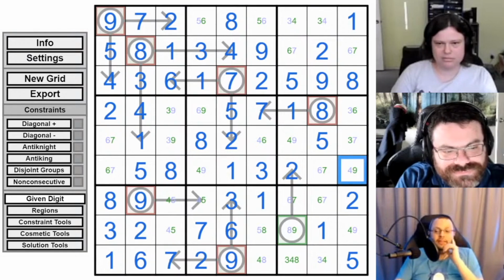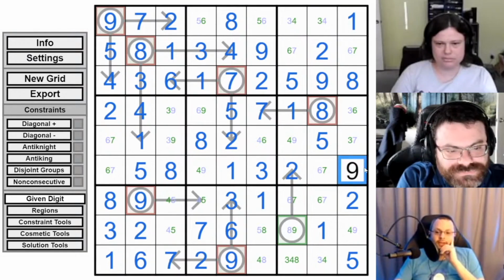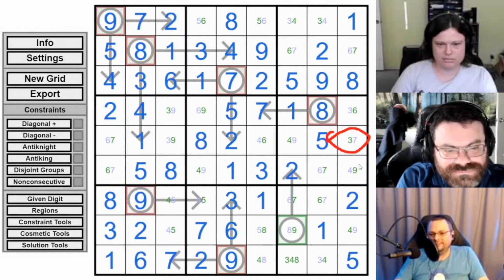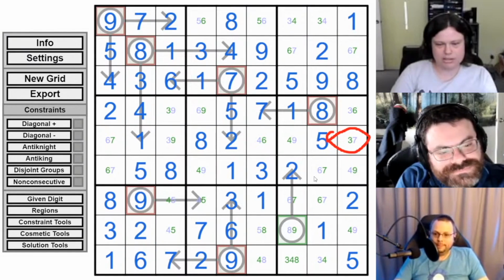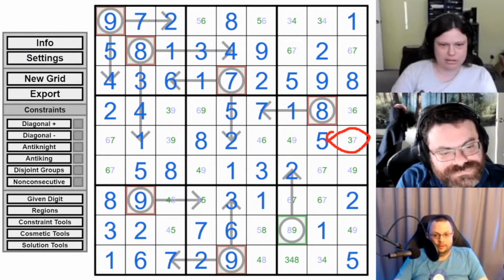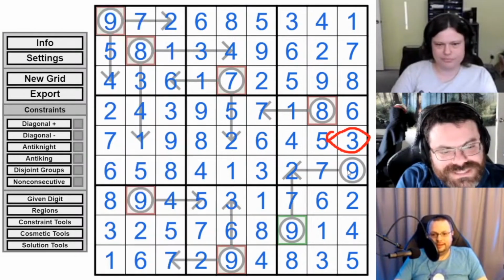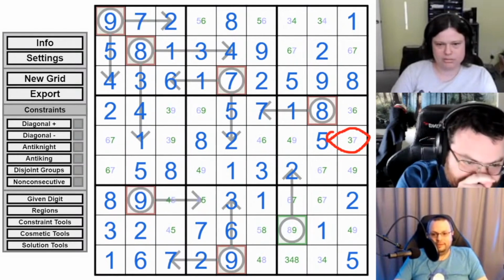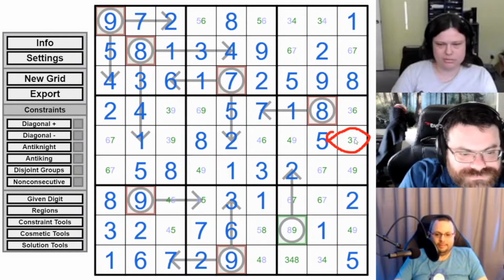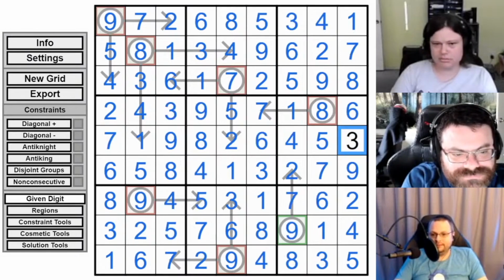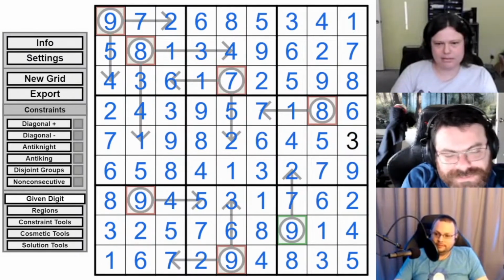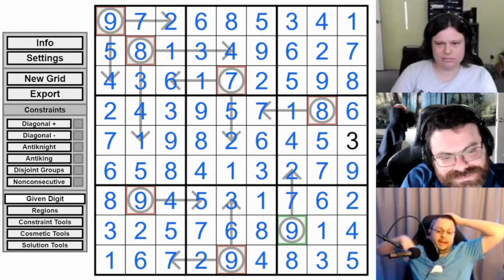I mean, just giving the 3 over here is tempting to me in terms of aesthetics, just to make it look balanced with the given digit. And I wonder, that doesn't seem to give you much else in terms of earlier in the solve. It doesn't affect any of the arrows. I think you're not going to get an overlap. Yeah, if you make that a given digit, I'd be interested to test solve it and see what that does. Oh, you just want to give it? Yeah, I was just thinking, just make that an outright given.